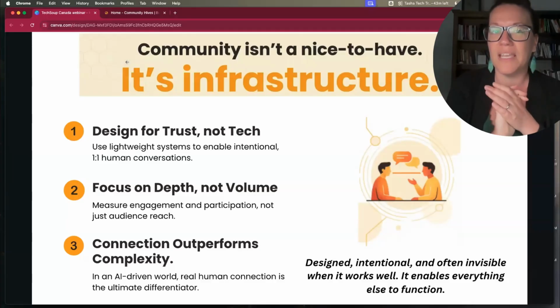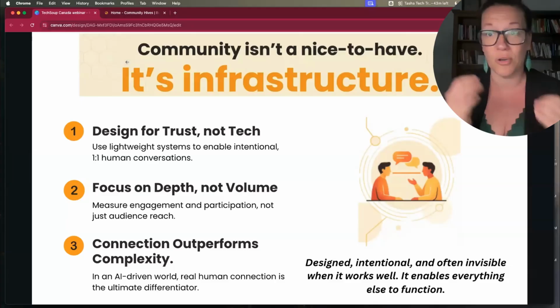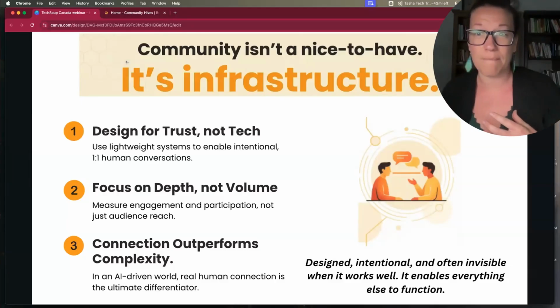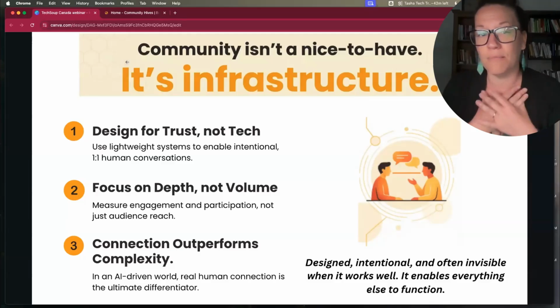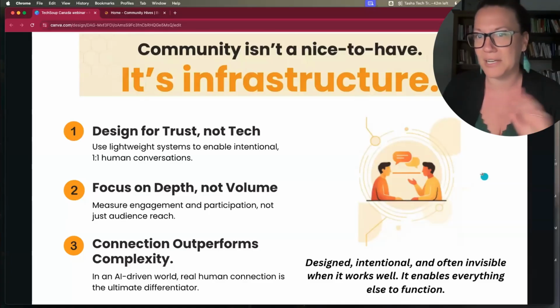So that's a big thing for me. I think depth over volume, some of what Kelsey is saying here with donor retention and that idea of let's go deeper, and what difference would that make if we grab people's hearts more fully, and connection outperforms complexity in this sector especially. And so those are my rallying cries. And there are lots of ways to do this, whether this is what I built or someone else is building,